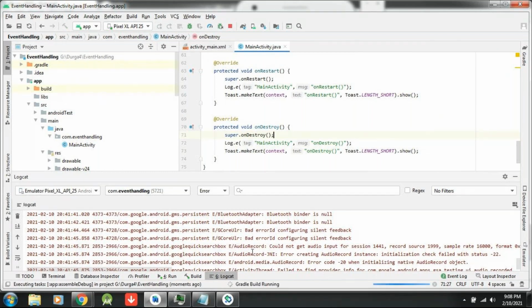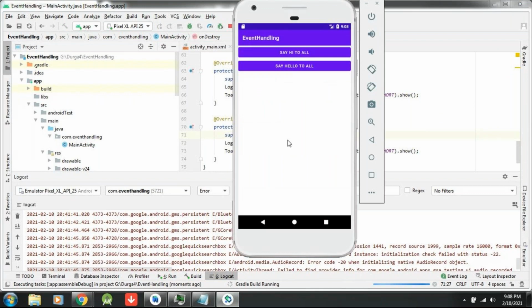So I'm clicking on it. Again, it is saying Gradle will run. Let it run. Just please wait.